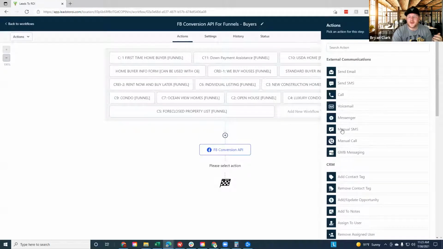The next thing we'll get into is a manual SMS. This works very similarly to manual calls. You will just have a list of individuals that you can send a manual text out to. We don't really work with this inside of the system. We just wanted to make sure that you had an option to do that if you wanted to send a manual one-off message to somebody, maybe an individual bomb-style video, where you would record a video inside of Leads to ROI on the mobile app,